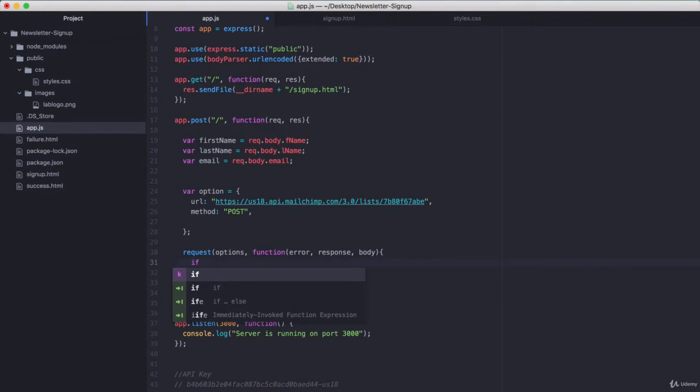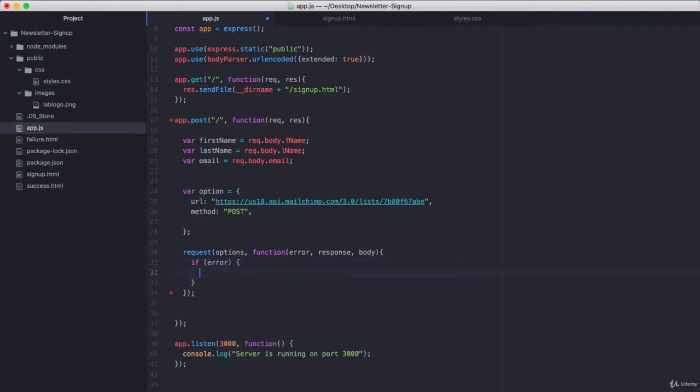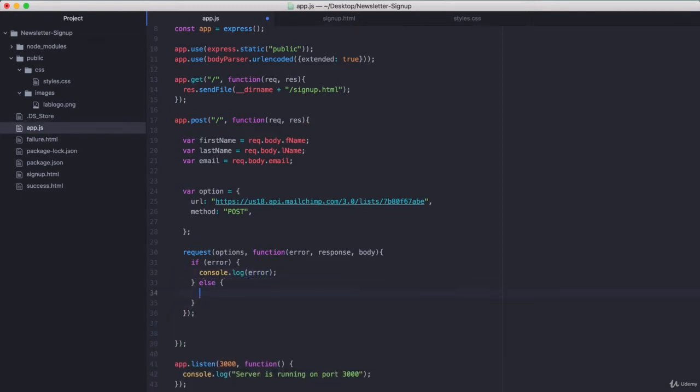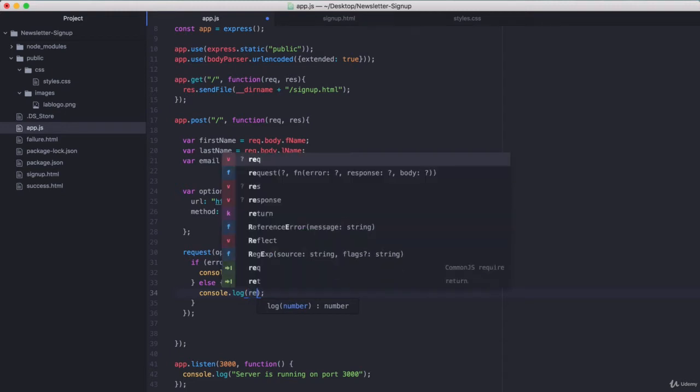Once that's completed, then the callback function gets triggered, and we need to look to see if there were any errors. So if error, then we're going to log the error. But else, if there's no error, then we're going to log the status code that we get back from MailChimp servers. And we can access that from